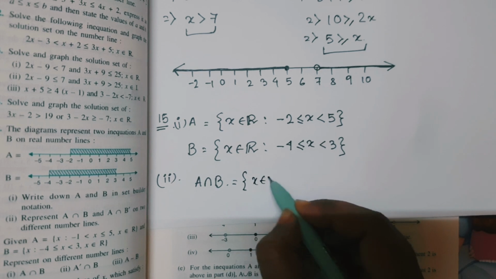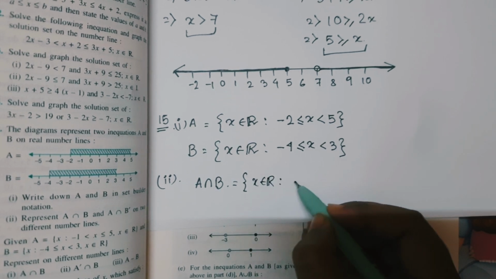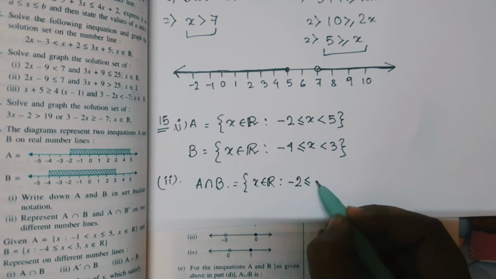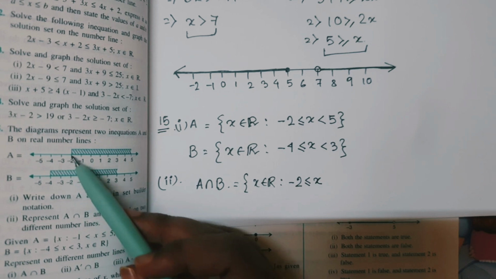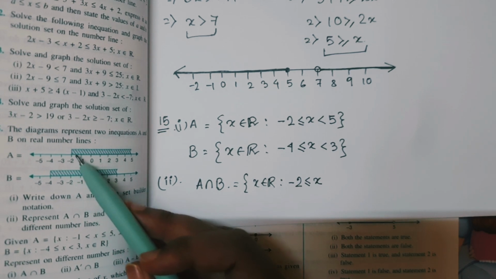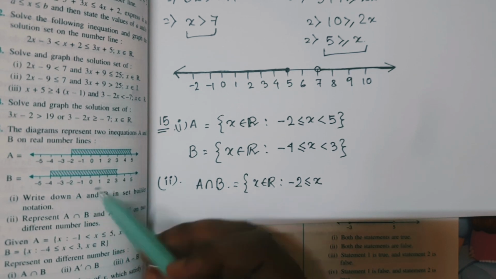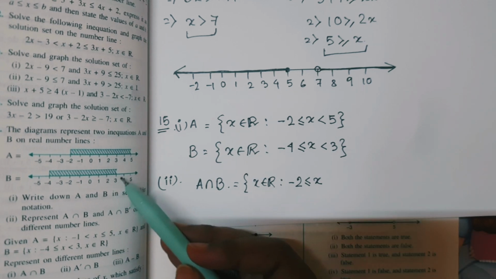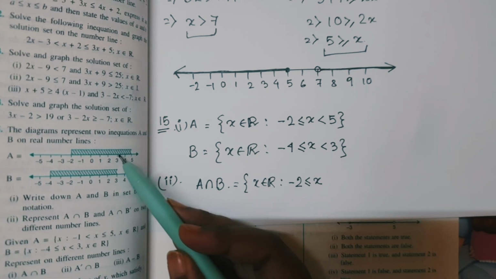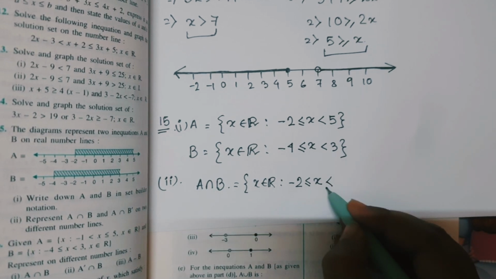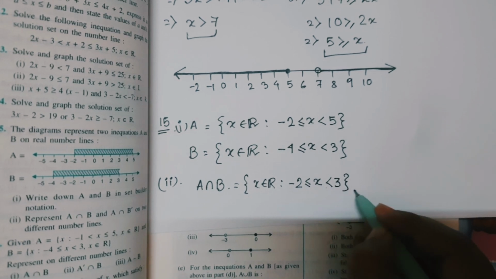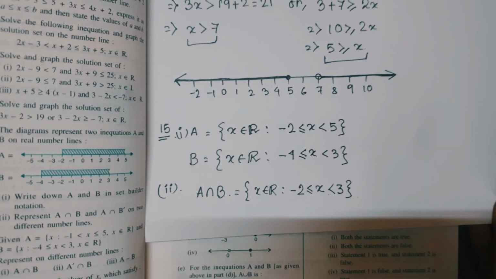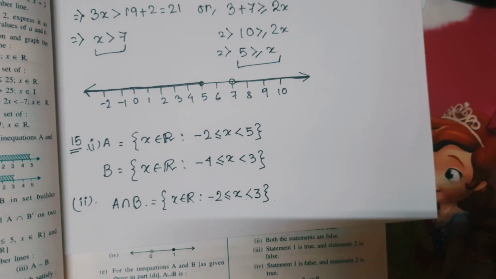First you can write x belongs to R such that minus 2 less than or equal to x, because x equal to minus 2 is present in both the sets A and B. Now x equal to 3 is present in A but not in B, so you have to exclude that point. Now if you draw this, it will be like